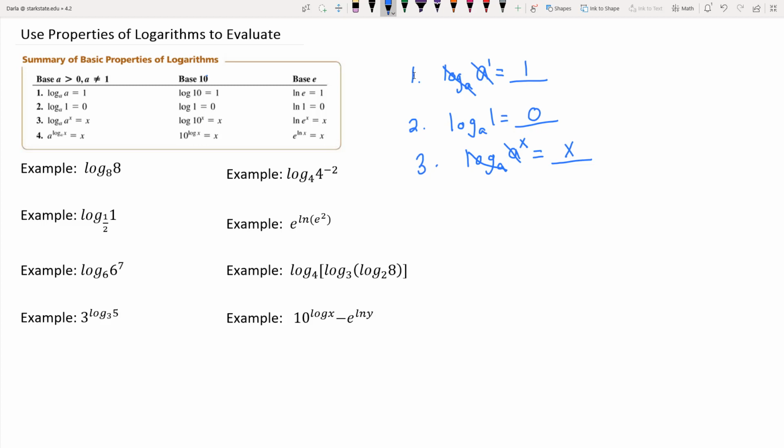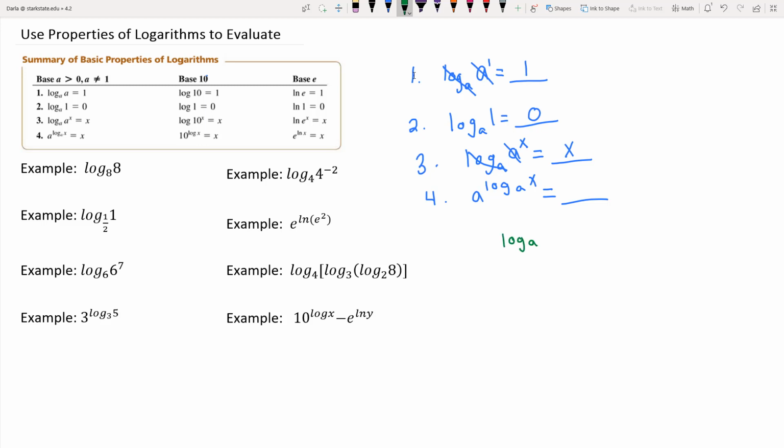And then fourth, we have a to the log base a of x, and we're trying to determine what that's equivalent to. But what I would have us do on this one, which is a little more complicated to go through the process of conversion with, but you could, is I'd start off with that log base a of x that's in the exponent,